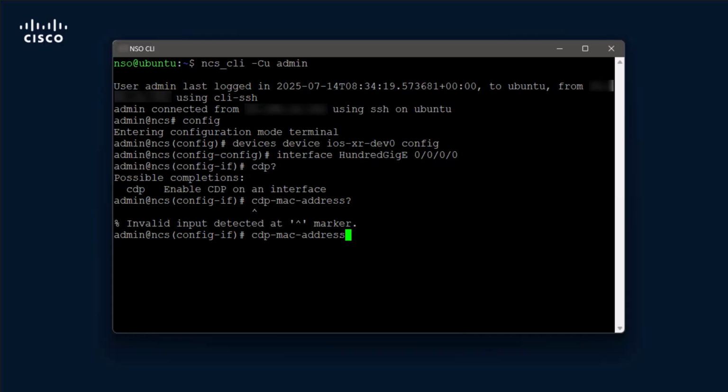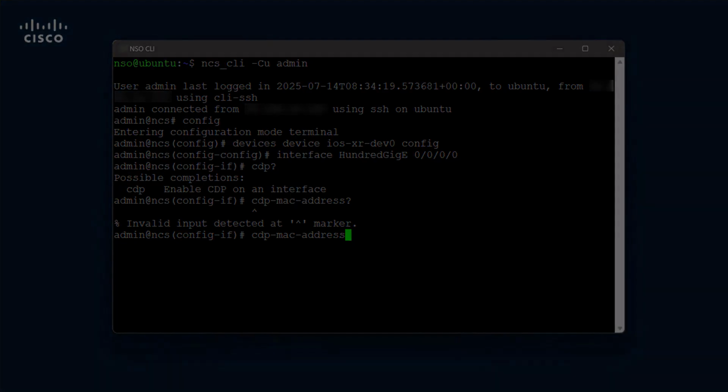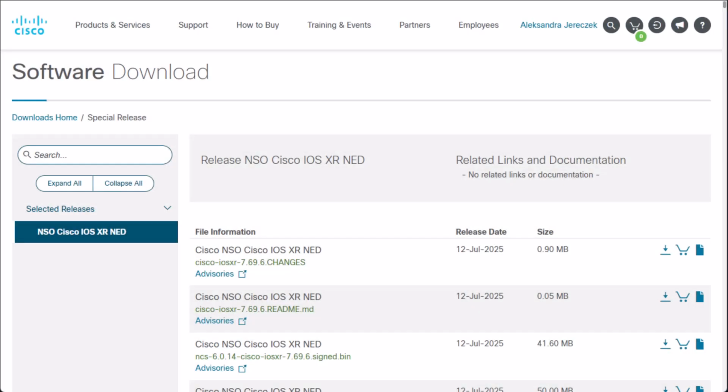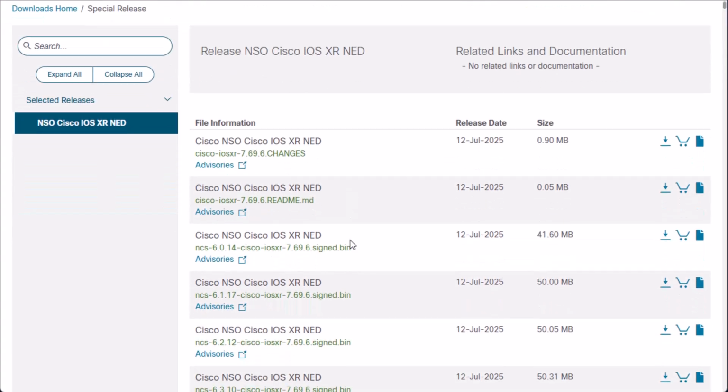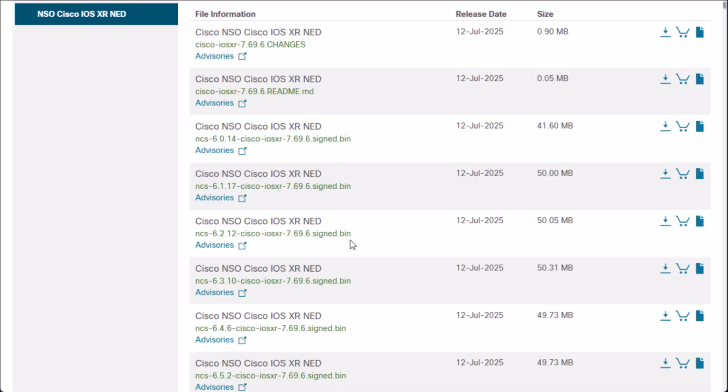To validate what the latest software version is, navigate to a download page of the particular network element driver in the Cisco Software Download Center. For any NED, a direct link to an appropriate download page can be found on a NED license certificate. In this example, I use Cisco XR NED. Here, check what the latest version of the NED is. In this case, it is version number